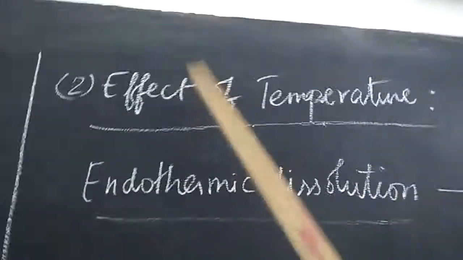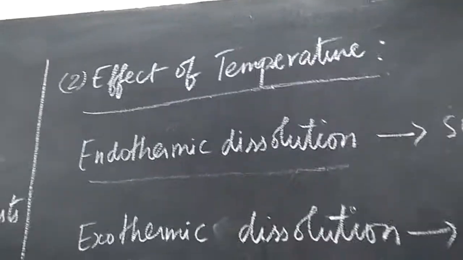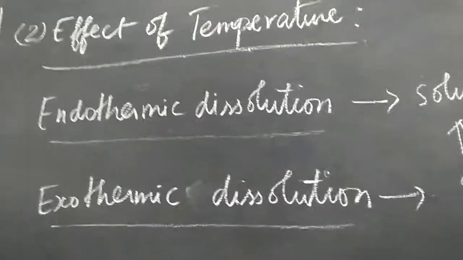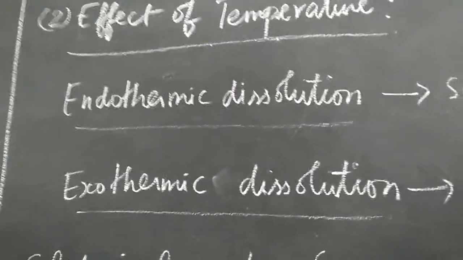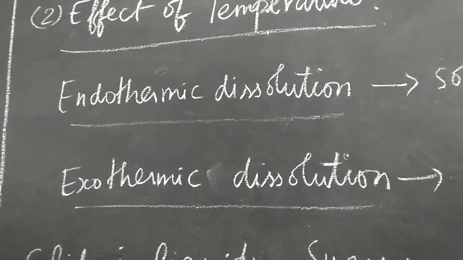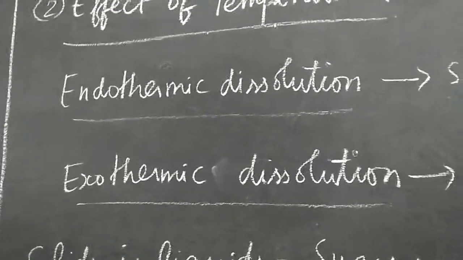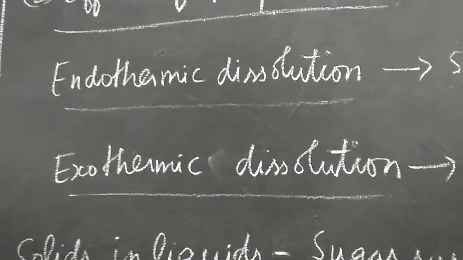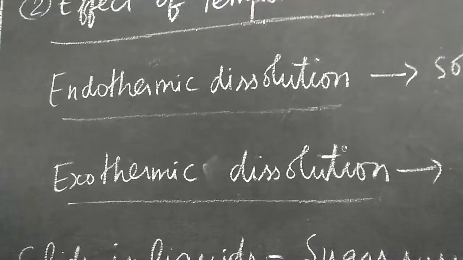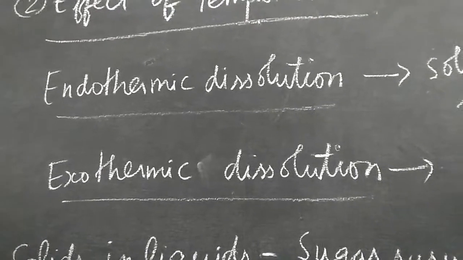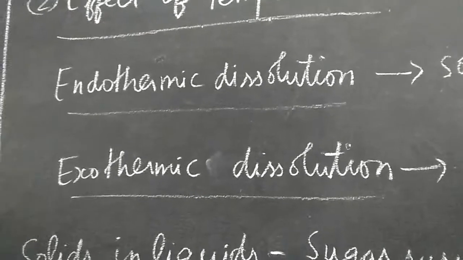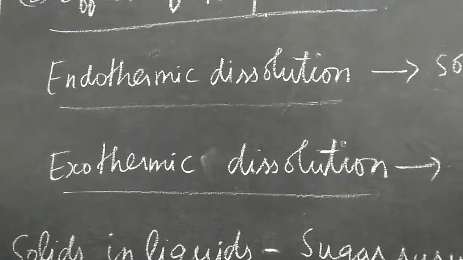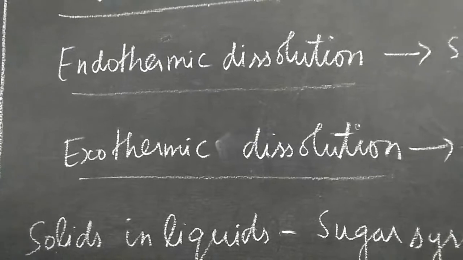And next comes temperature, the second factor. Whenever a particular solute is dissolved in a solvent, for example, your mother dissolving washing powder in water, try dissolving that with your hands in a tub. Take a tub with half a tub of water, take a handful of washing powder, try to mix, dissolve. You will feel the increase in temperature because that dissolution is exothermic. That means dissolution of that detergent powder in water is exothermic.